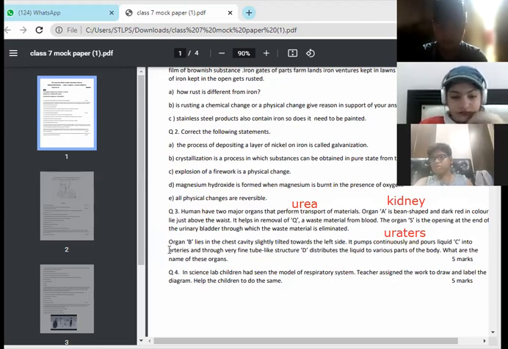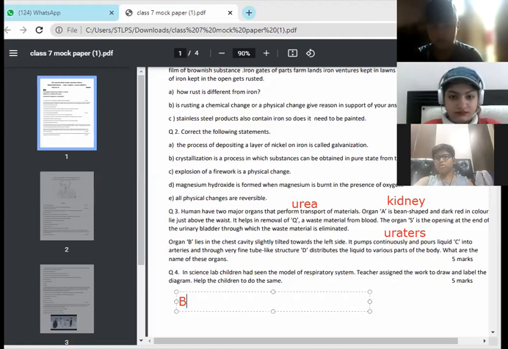Organ B lies in the chest cavity, slightly tilted towards the left. It pumps and pours liquid C. First tell me, what does B stand for? Ma'am, B is heart. Yes, B, that is heart. Okay. Next is,